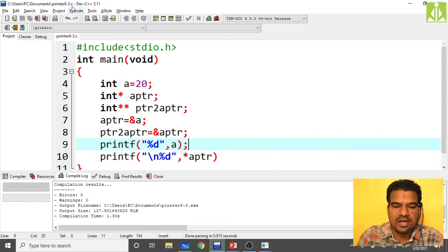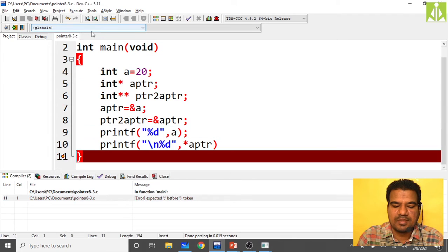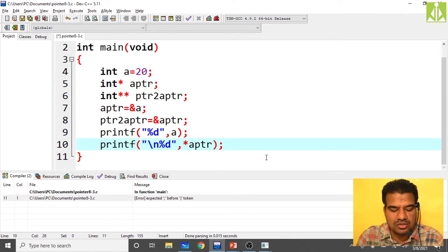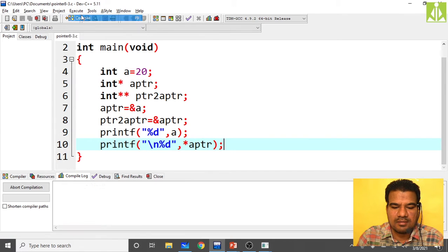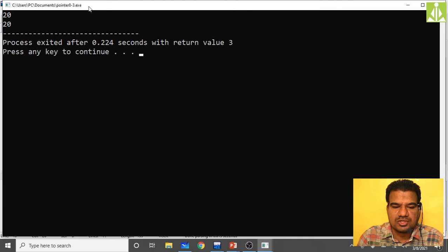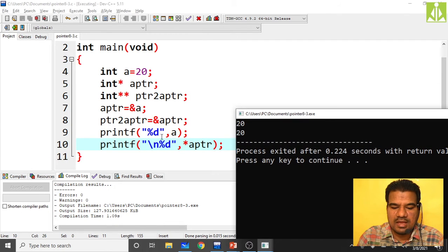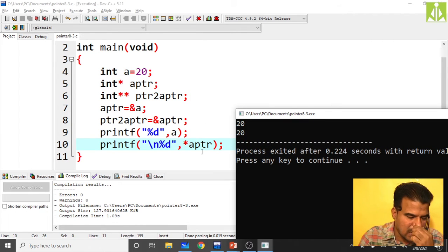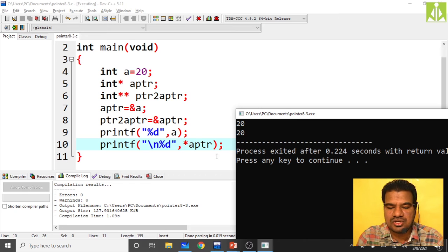So apply indirection only once. Compile. Here I forgot the semicolon. Put the semicolon, save it, compile, compilation successful. Now you go and see: 20 20. From a we are getting 20, and from star APTR, by applying indirection on the address, we are getting 20.